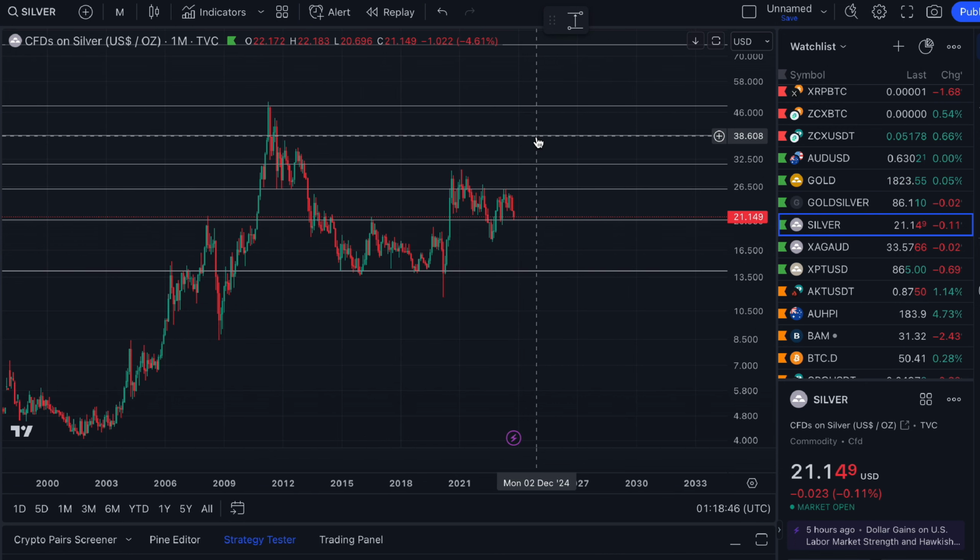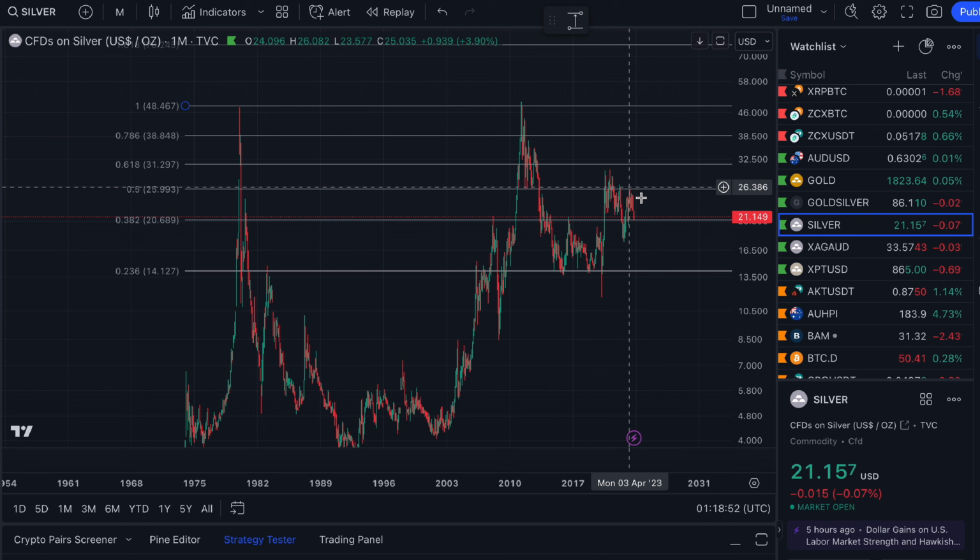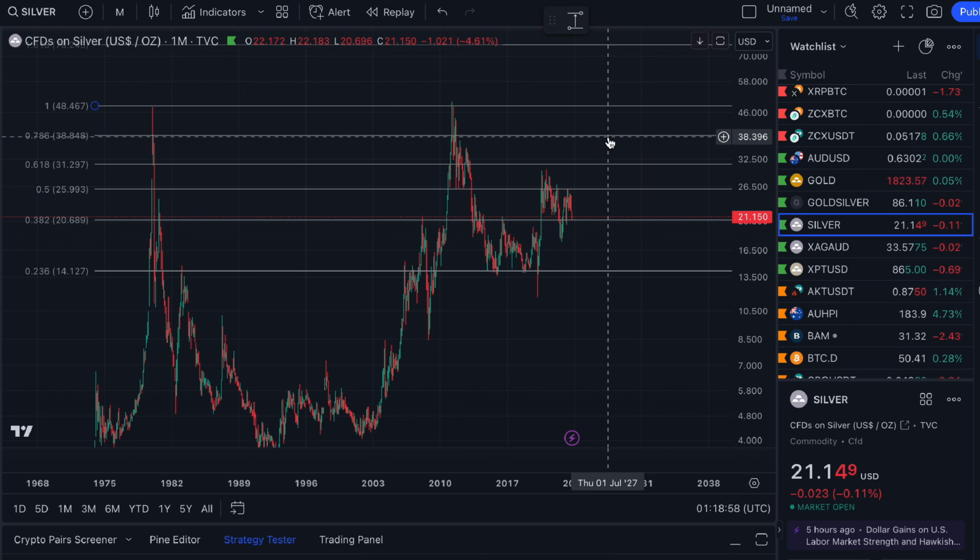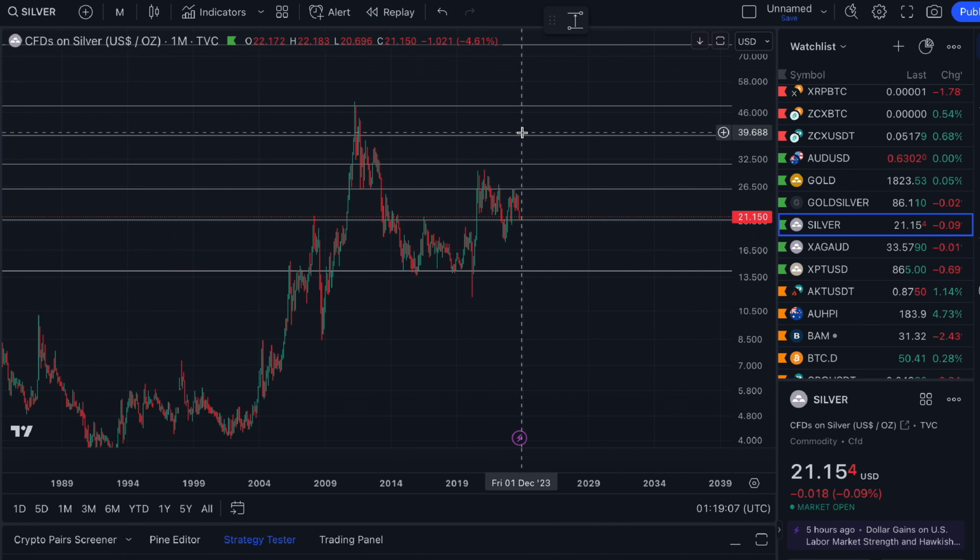Your next resistance, which I don't think will be huge resistance, because take a look in the past, although the past isn't necessarily a prediction of the future. So I will keep it in there. So do bear in mind, you've got that $38 to $40 level. And actually, if I were to pop on my other indicators, I can show you, maybe I'll get rid of all these later, but I've had a rectangular box drawn in as the most realistic price target for 2023. I did this earlier this year, if we were continuing in the bull market right here. That $37 to $40 level was my next cluster, and that was based on the Fibonacci level right here,